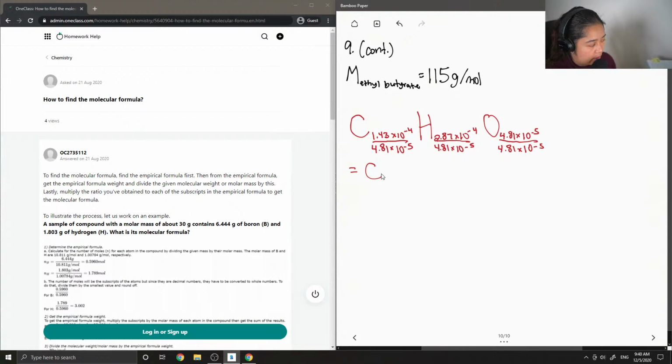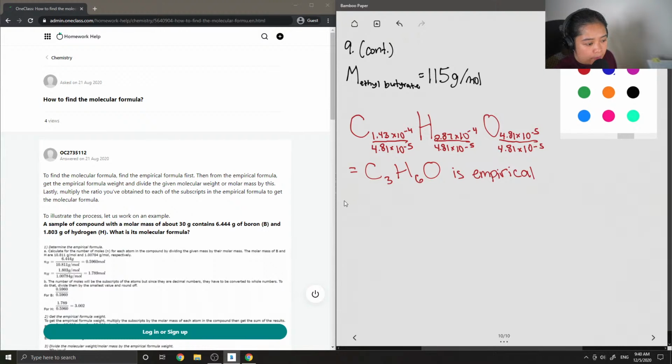Okay, so this gives us an empirical formula equal to C3H6O. Okay, so now to solve for molecular,